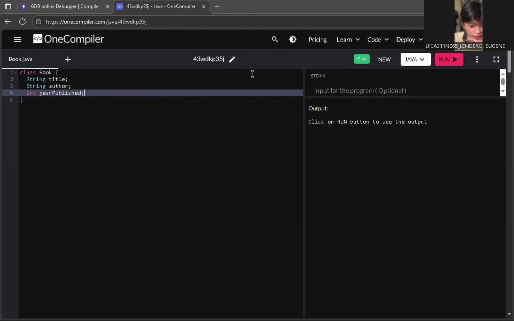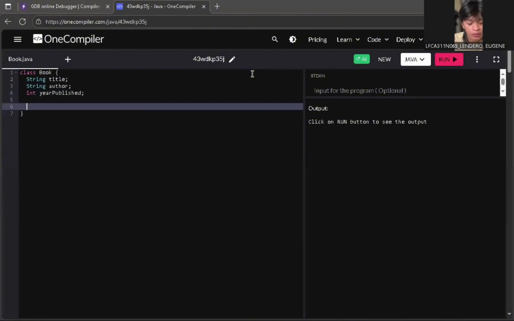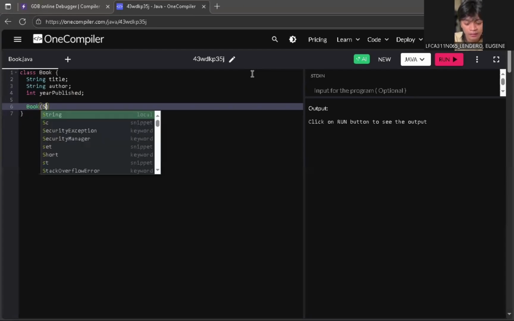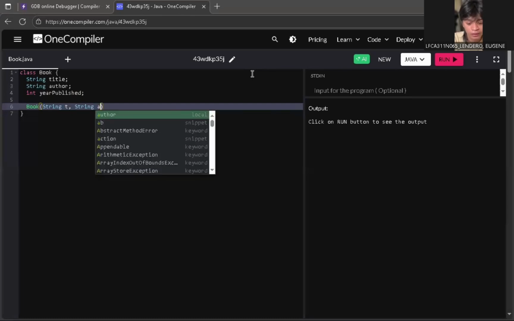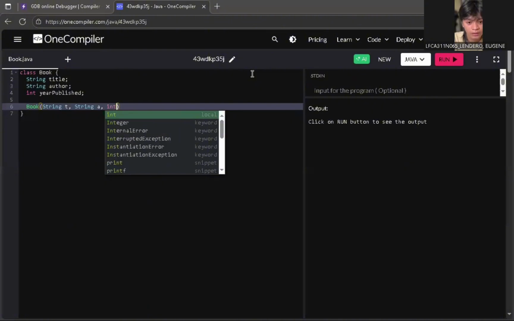Semicolon. Next, gagawa lang tayo ng constructor para madali tayong makagawa ng bagong object na may author, title, tsaka year. So we have to declare book, then parentheses, then string for the title, string for author, integer for year.